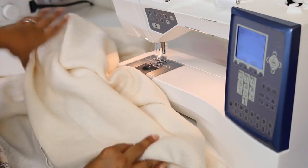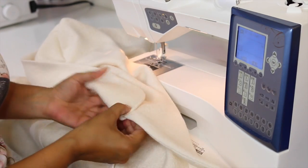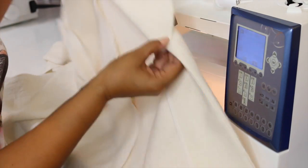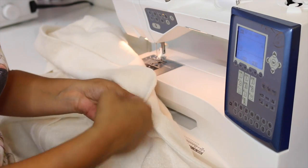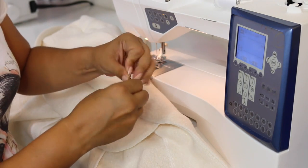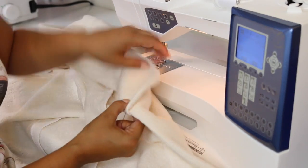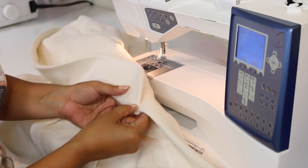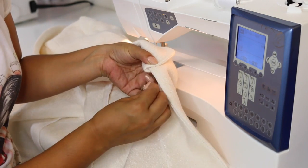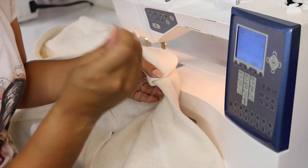And then the last thing is we're going to create a little bit of a fold, and we're going to stitch our collar in place so that it doesn't roll. And so you're going to take your needle, and you want to do this kind of invisible, so you don't want to stitch on top of your collar. You just want to take a little bit of a pleat like I have there, and then you're going to insert your needle and just grab a couple of stitches,